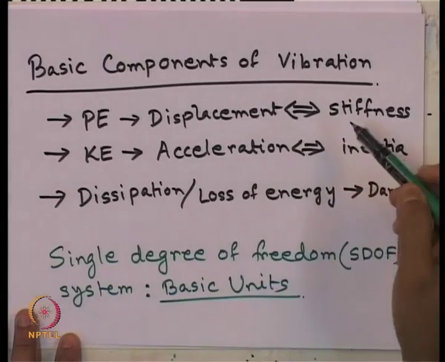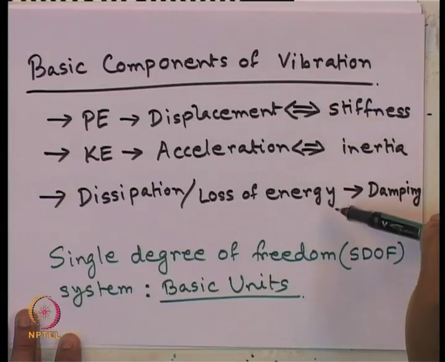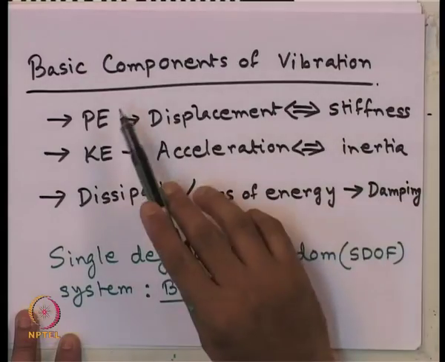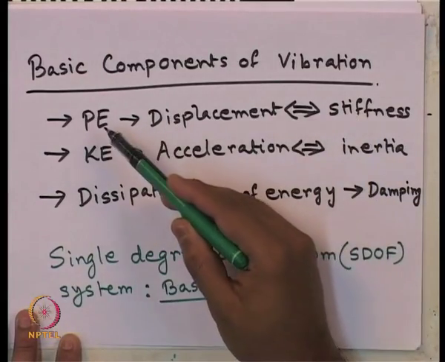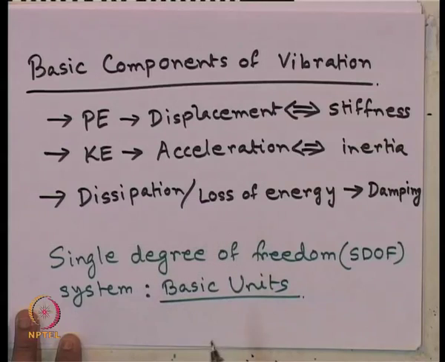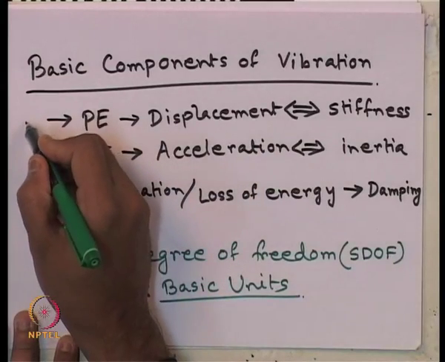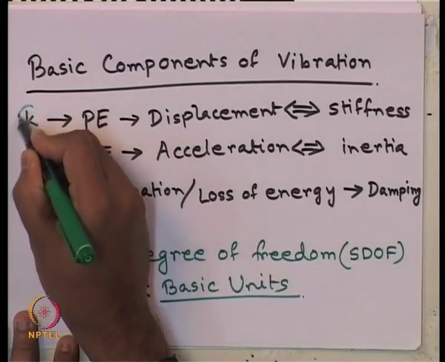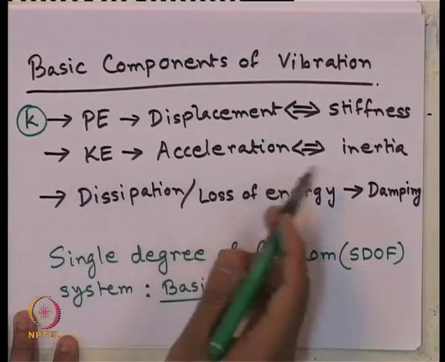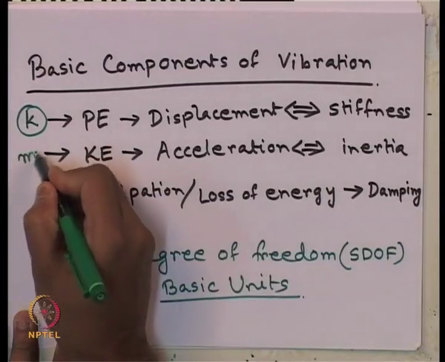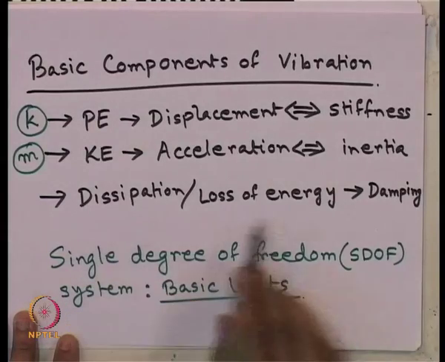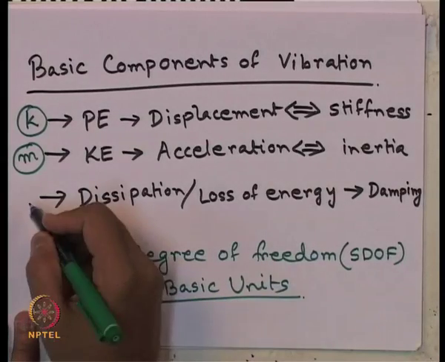We have three basic units, which allow us to consider all the basic components of vibration, that is potential energy, kinetic energy and dissipation or loss of energy. Potential energy can be represented by a spring. The kinetic energy can be represented by a mass, and the dissipation or loss of energy can be represented by